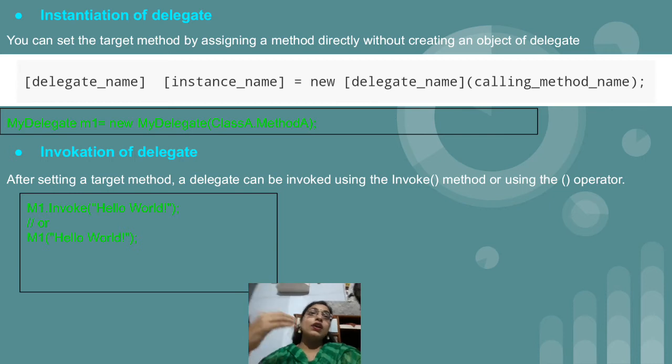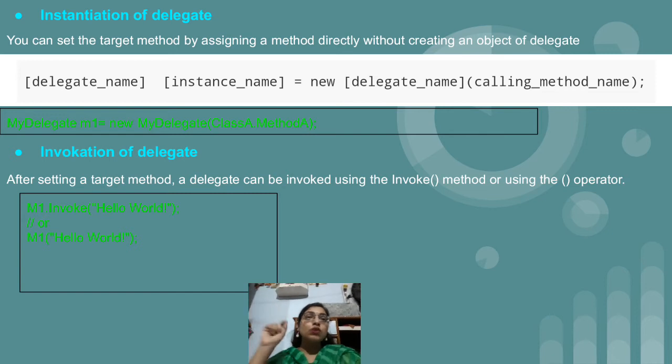that is to call the delegate, which is called invocation of the delegate. To call the delegate, again there are two ways. First one: the object we have created, m1. Actually that is wrong, we have created the object with small m, so it should be small m only. So m1 dot Invoke, into round brackets, within double quotes just give the message, that is hello world. So now we can invoke the delegate in two ways.